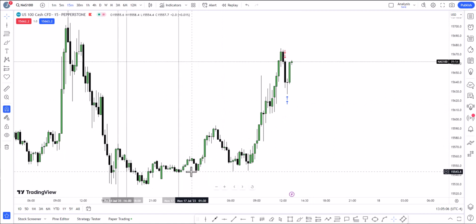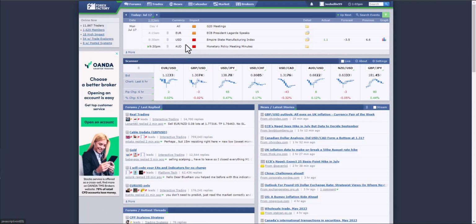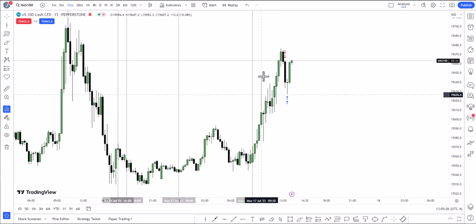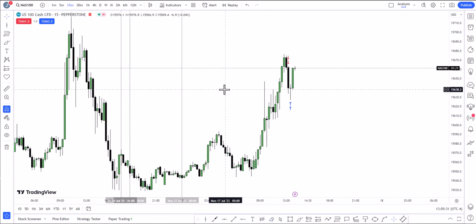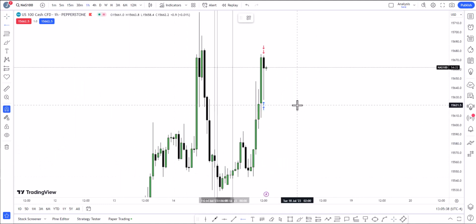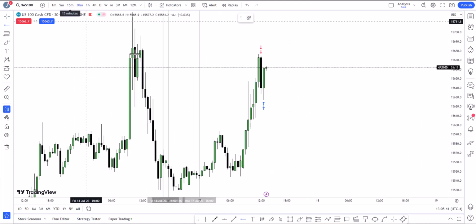So yeah, basically a lot of gyrations in the market today, just a lot of back and forth. We had a news release here at 8:30 this morning, manufacturing index. So that was here. Didn't really do much. You can see over the AM session, lots of back and forth here. Again, not much. But what I noticed here, I literally didn't really look at the charts all day and hopped on there, and first thing I spotted was, I think it was on the early, so it was on the